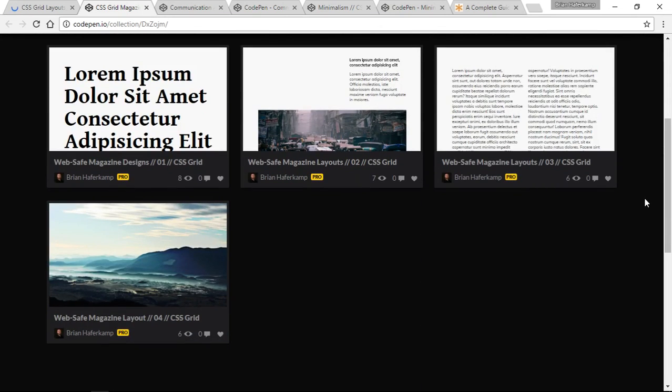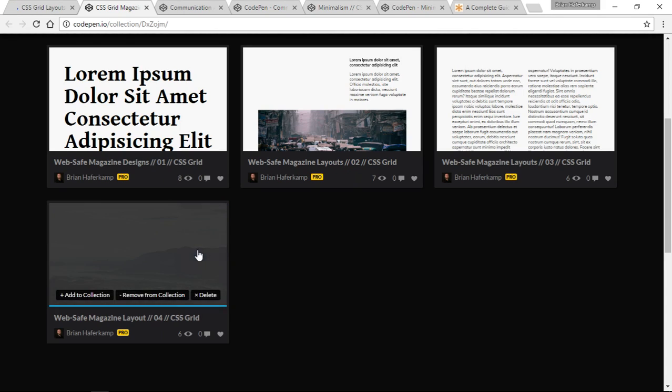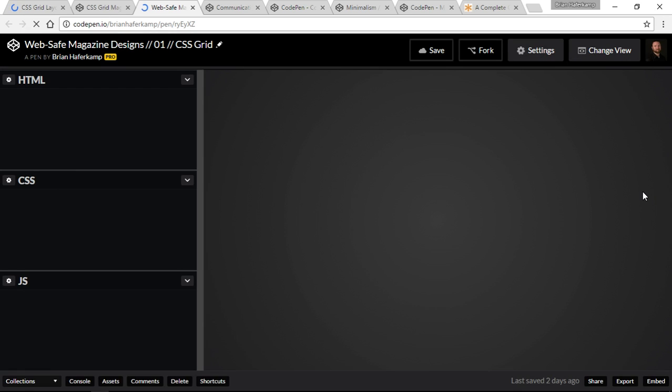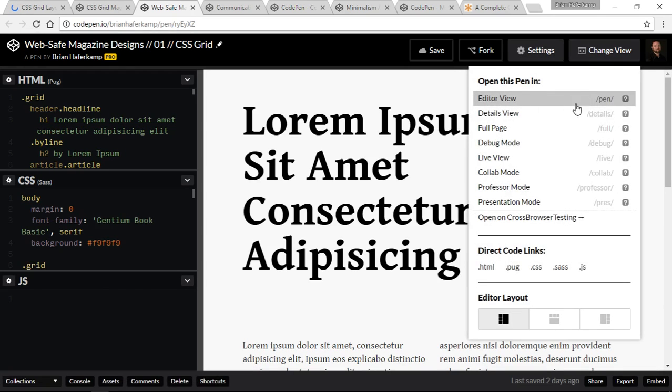I know this is getting on to the long side, but I've created a couple of other, these are just recent. I was thinking about what would be safe as far as magazine style layouts, what would be safe for the web, what would be easy to code, what would be easy to shift from a vertical structure on a phone to a horizontal structure on a large monitor. And so I've just been trying to create some examples of what I would deem to be kind of web safe